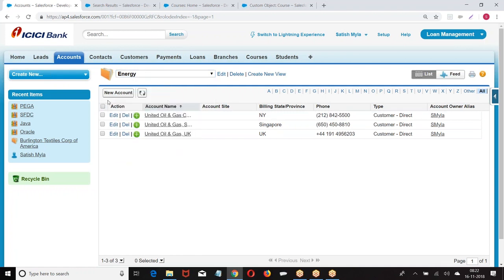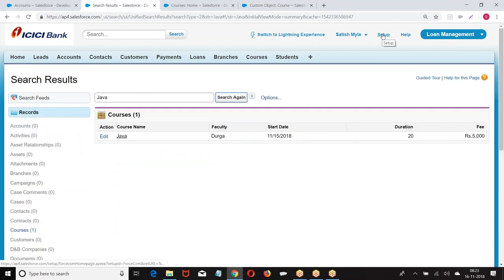In the list view, we have buttons here, right? Now, along with these buttons, what other buttons do we want to display? It is called the list view page. On the list view page, what are the buttons you want to display?